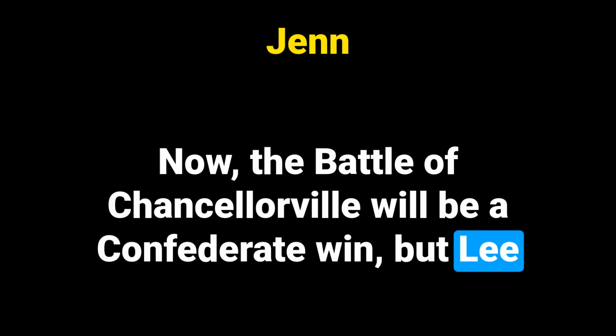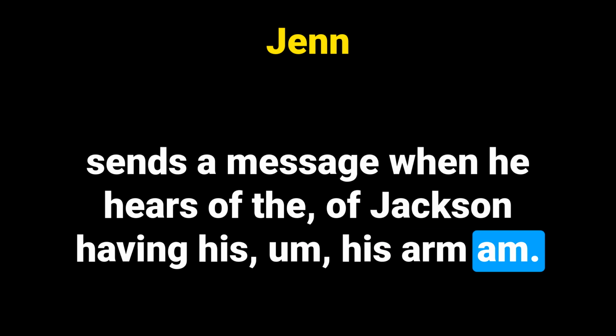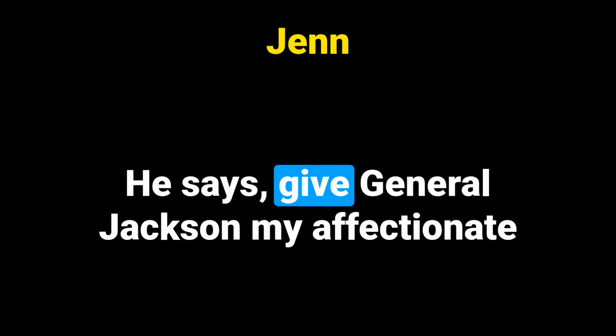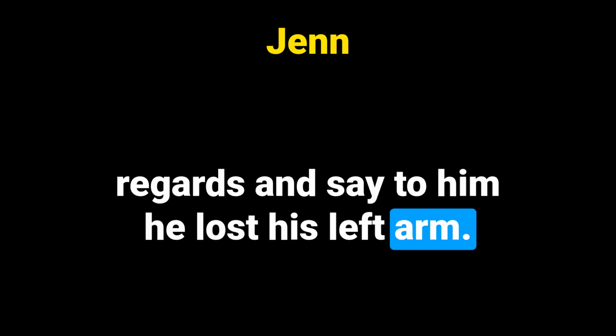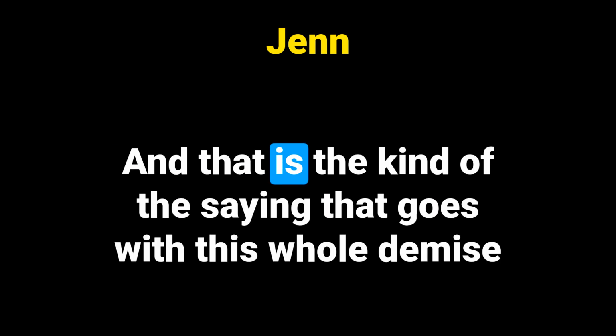But Lee sends a message when he hears of Jackson having his arm amputated, and he knows that he could be dying. He says, "Give General Jackson my affectionate regards, and say to him, he lost his left arm, but I my right." And that is the kind of